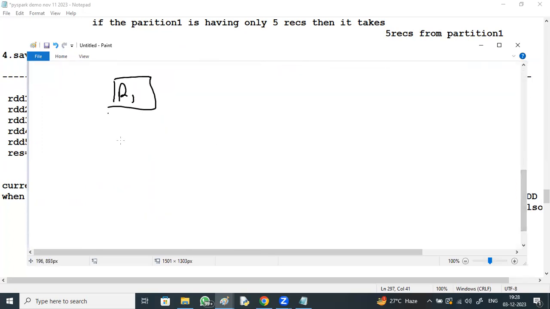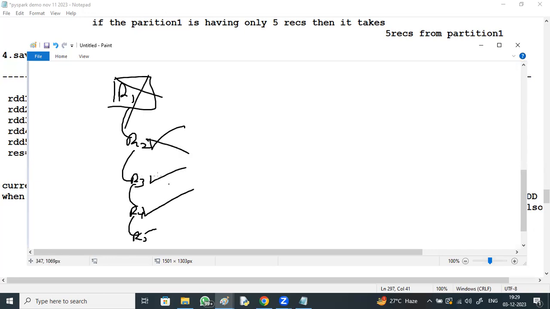Very simple, right here. RDD1, RDD2, RDD3, RDD4, RDD5. This output is input to the next, and that output is input to the next. When this is ready, this gets removed. When this is ready and completed, this gets removed. Finally, once the output is collected, that RDD also gets removed.